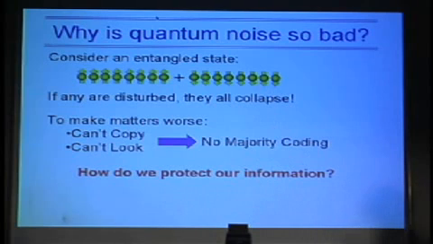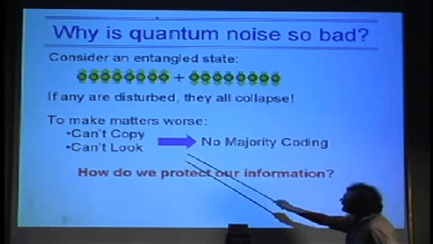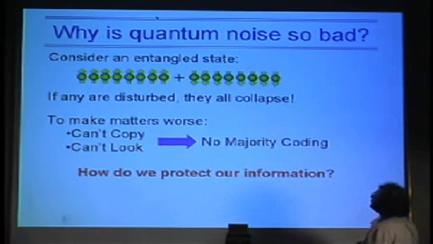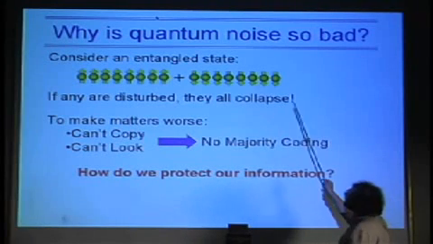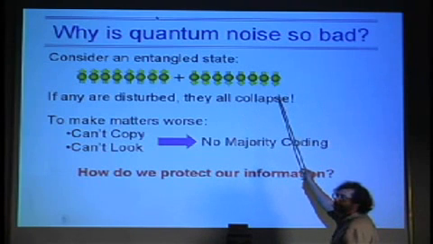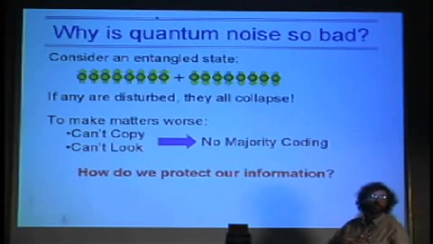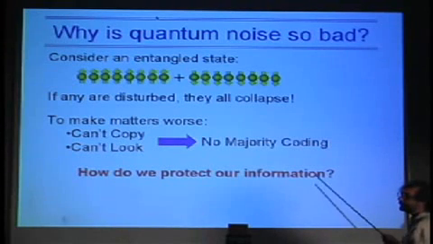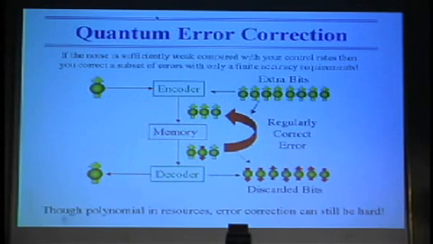And you can see exactly what's going to be the problem here is that we just heard that, of course, we can't copy. There's the no-cloning theorem, so we can't copy the state. I want to preserve it, but of course, I have decoherence going on in my system. And under decoherence, if any one of these individual spins decoheres, of course, I lose this state entirely. So these large entangled states are incredibly sensitive to decoherence. And that is a challenge of the system: how do we protect the information knowing that we can't copy it.